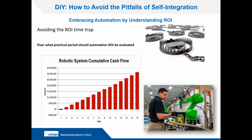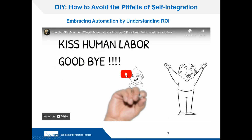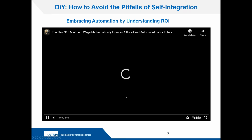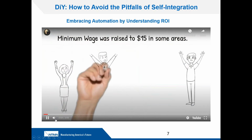Well, unfortunately, I personally don't believe that, because you're going to see a huge push. You've heard stories about the skills gap and workers being hard to find, which is all very true. And now there's another threat pressing on us, and that's the $15 an hour minimum wage. So at $15, I'm going to do a little thing for you. I pulled this off from YouTube. I don't like the "kiss human labor goodbye," but in any event,